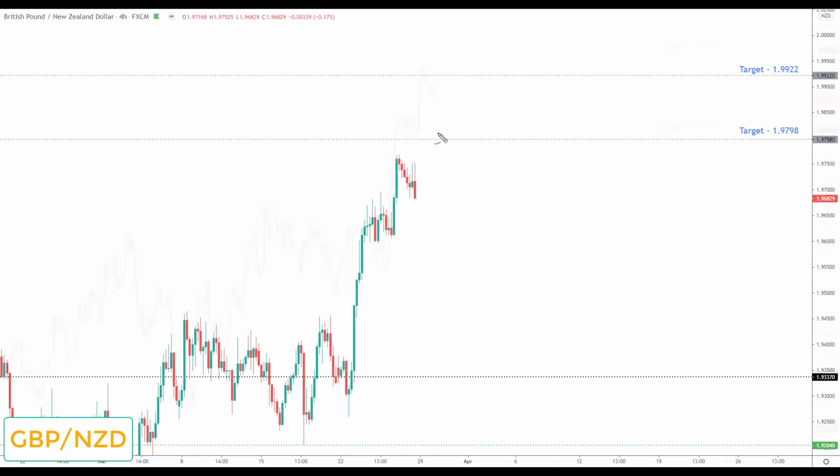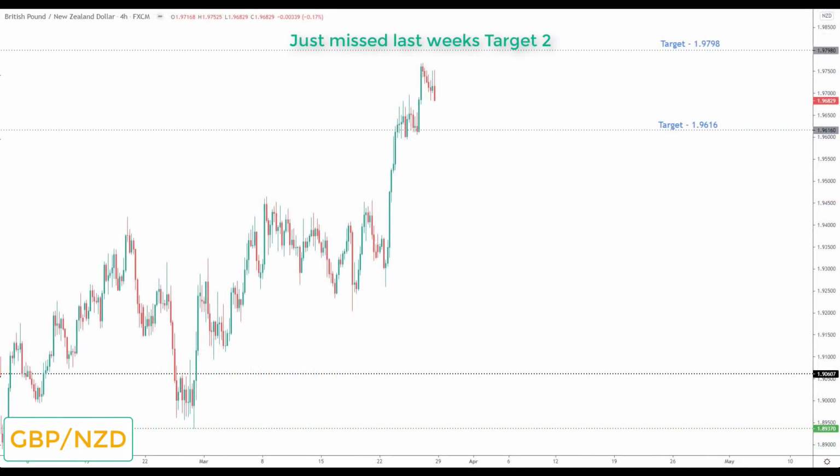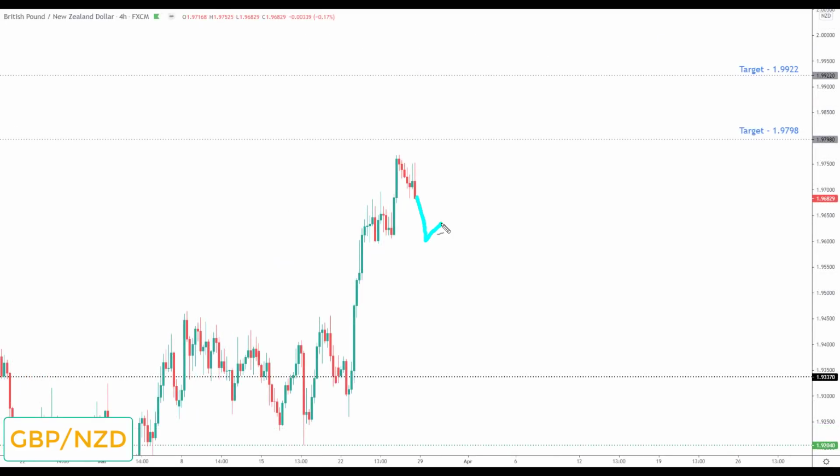Pound New Zealand, this market does go down on the watch list this week. We have some nice momentum and we're coming quite close to the target. So what I'd really like to see in this market to get some good risk to reward is a deeper correction. That would allow us to look for bullish reversals and breakouts in this market. And if we get this kind of price action, we're going to be looking at initiating longs up towards the next key of resistance to the upside and target set at 1.9798. And if we come up and take this out first and then correct, we'll be looking up towards the second target to the upside, the 1.9922.